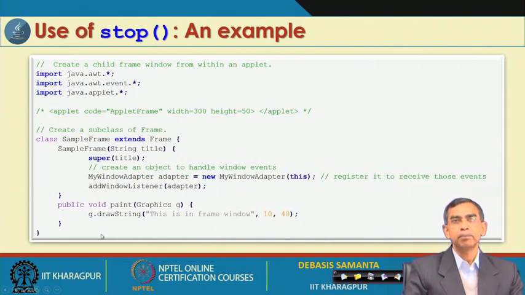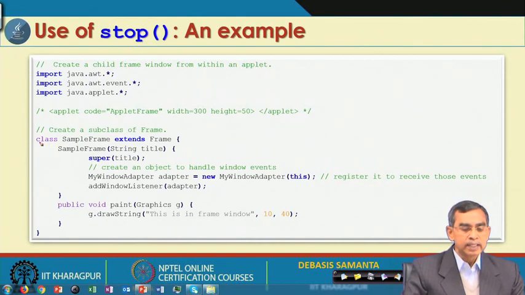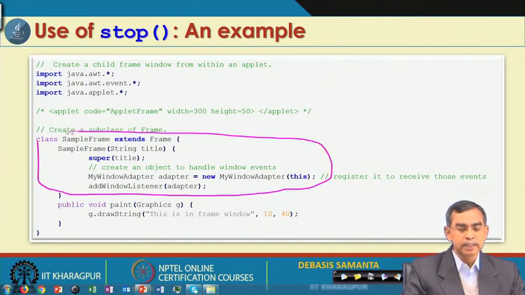Now, here is an example which explains how the stop method works, but a lot of things we will assume at this moment. Here we discussed one program or class, although we do not have any idea about this frame and everything. This frame is defined in AWT. Let us assume that we declare one class called SampleFrame which extends Frame. Basically, a frame is a separate window that can be included in the applet, or viewed separately.